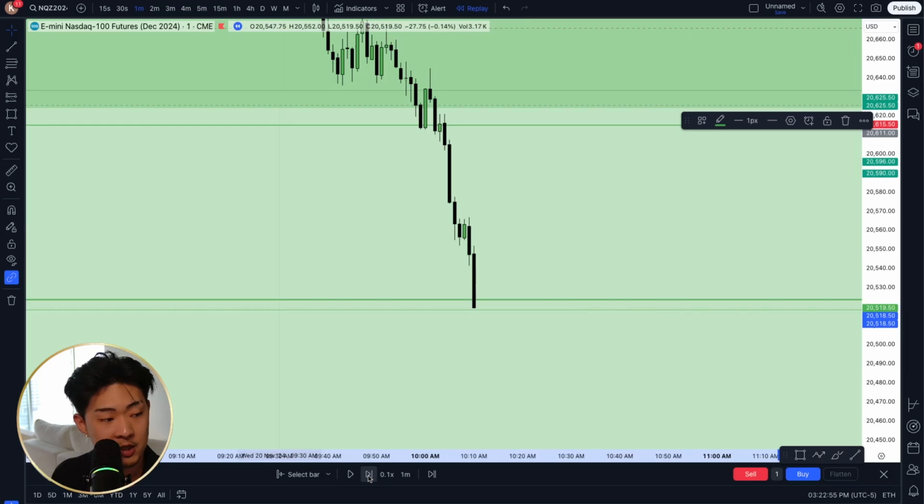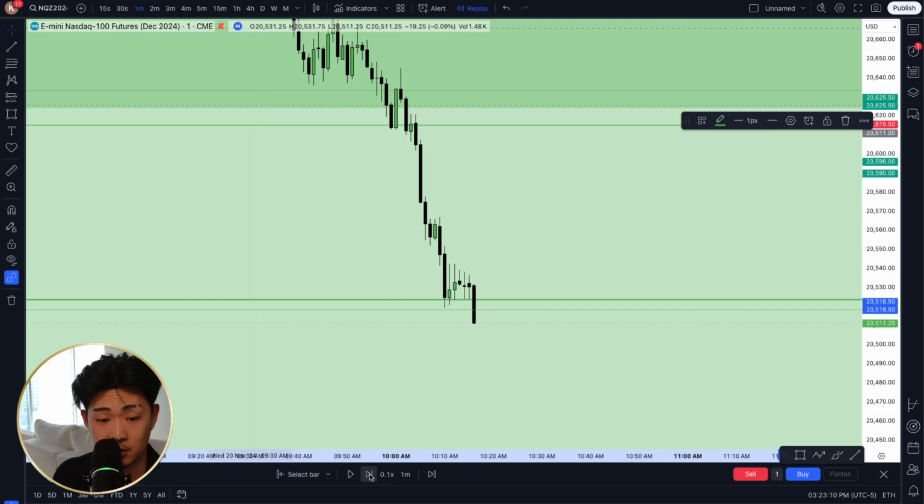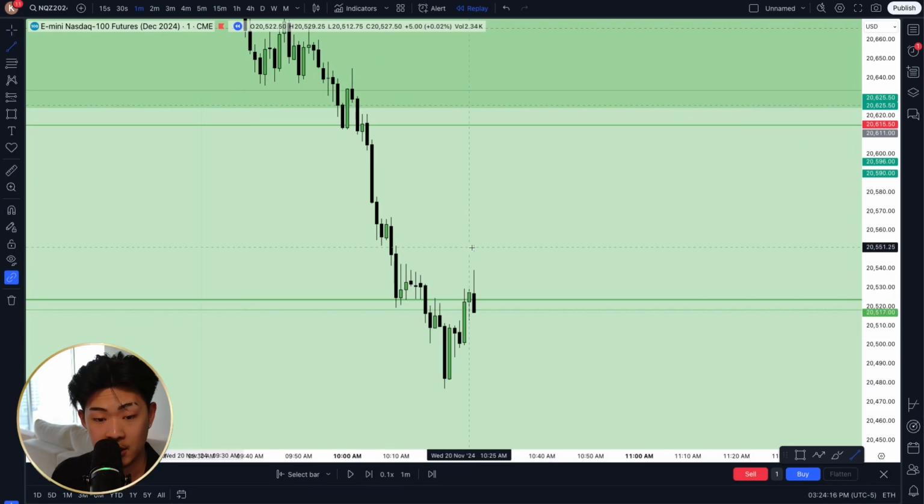So let's see if anything happens when we reach for that level. We're down there. Looks like we're respecting it to a decent extent. Have not touched the 1-hour order block mean threshold yet. There it goes. We touched the order block mean threshold, and you could see we finally get a market structure